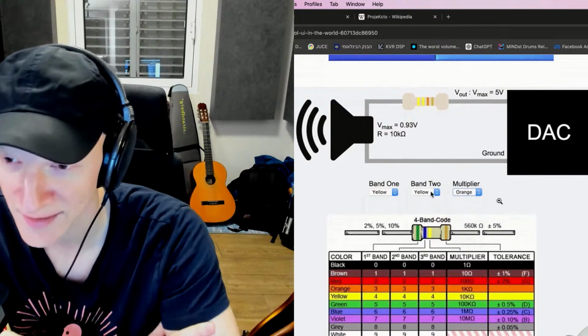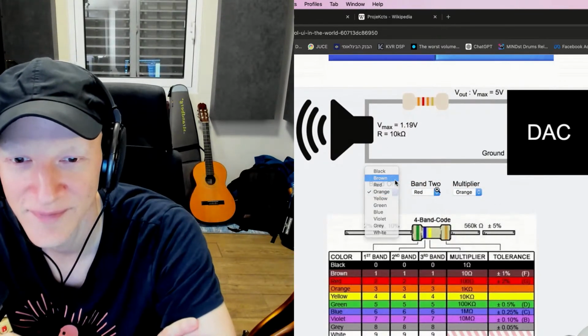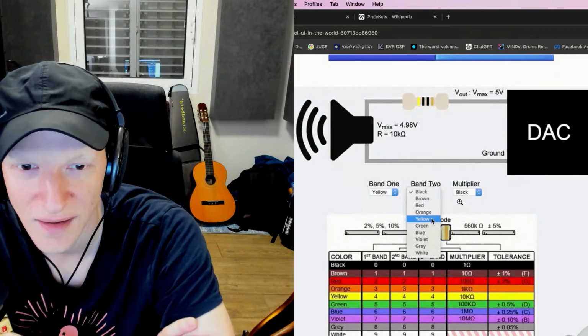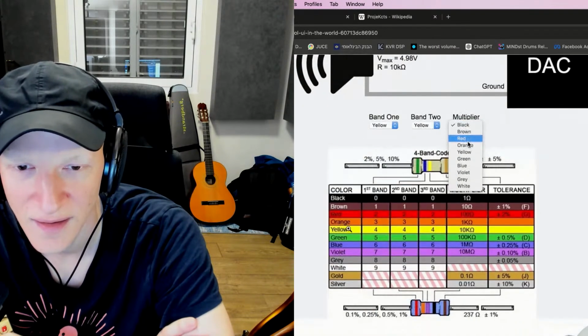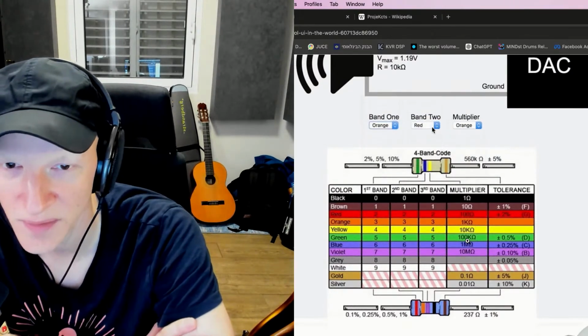It looks like you suck. Do you need a hand with your bass line? This looks like our project, by the way, right? How do you mean? Bend 1, bend 2, and multiplier, and then the numbers give you the... Oh yeah, this is basically a depiction of a circuit.